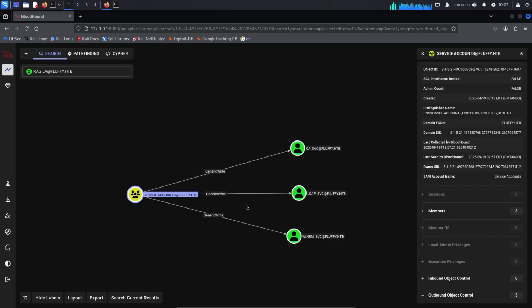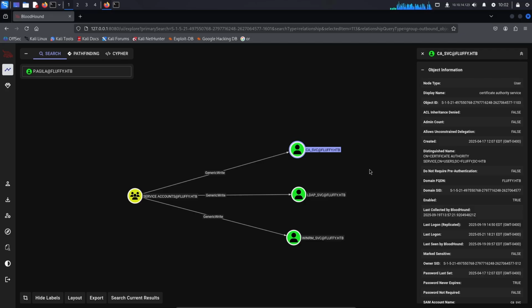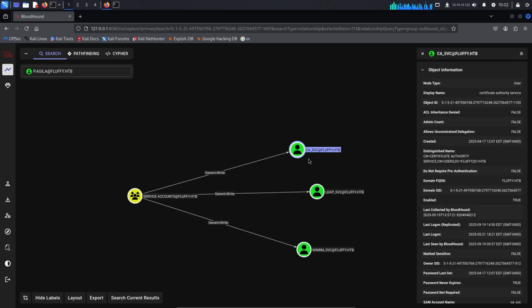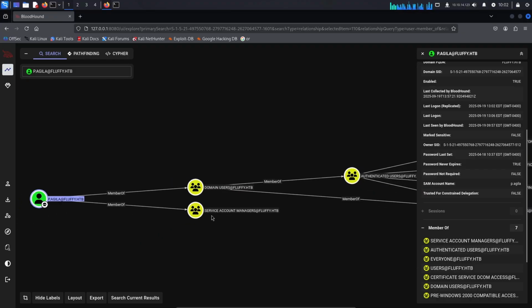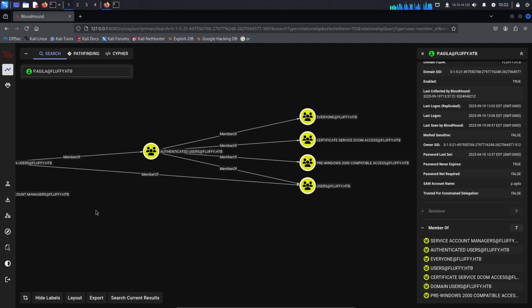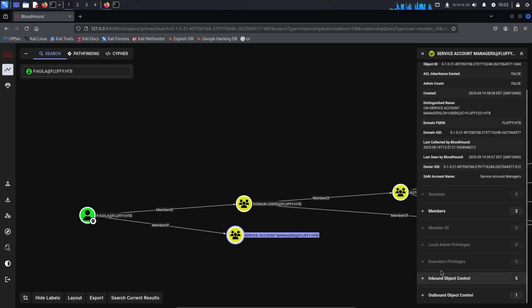And out of all of these, the most interesting to me is the CA service. So this is certificate authority. And this is just because it's a very common priv-esc technique, and there's a ton of misconfigurations you can do with certificate authority. So we're going to look at this one first. And if it doesn't work, I think my next option is going to be WinRM, because with WinRM, we'll be able to actually get into the box. And I actually didn't check with p.agila. I don't know if we're part of the WinRM group. We're not. So with the WinRM service, we're probably able to WinRM into the box, but let's look at